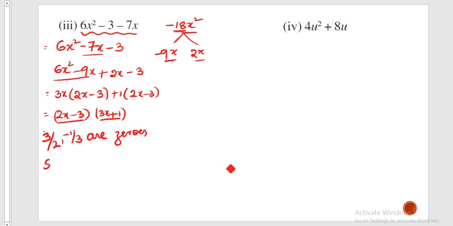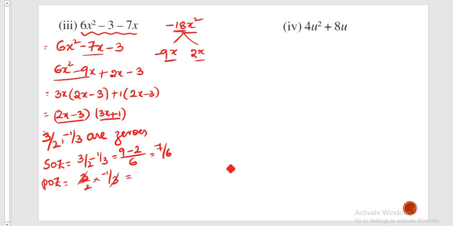So from this, first of all we are going to find the sum of zeros and the product of zeros. Sum of zeros is nothing but 3 by 2 minus 1 by 3. So LCM is 6. 3 threes are 9 minus 2 ones are 2, so I am going to get 7 by 6. In the same way, product of zeros, 3 by 2 into minus 1 by 3. The 3 in the denominator and the numerator 3 get cancelled, so I am left with minus 1 by 2. This is nothing but by using the zeros.